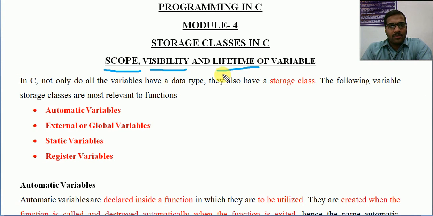Based on these three features, scope, visibility and lifetime, we have storage classes, the various ways in which we can declare and use variables within the language C.